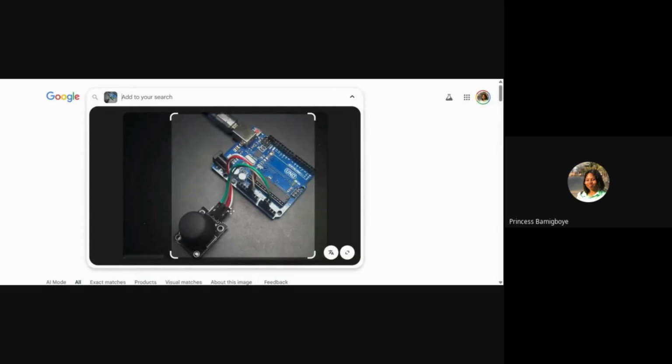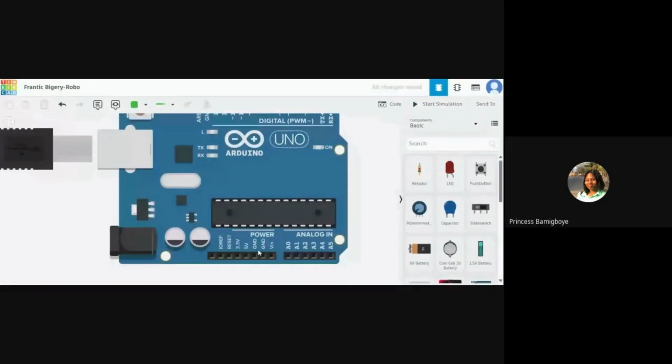You know how joysticks work: there's an x-axis and a y-axis. Based on how the knob moves along the x and y axes, it measures resistance and gives us output signals. So after talking about the analog pins, let's now talk about the power pins.